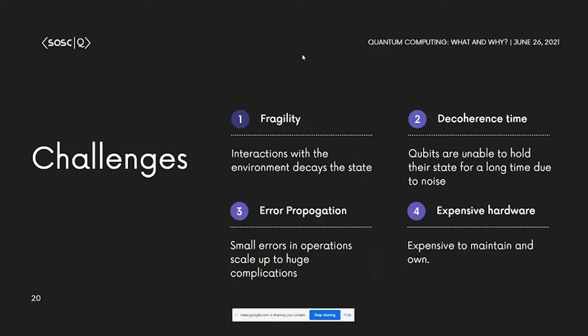So that's also one challenge. And expensive hardware. You cannot really go out and buy a quantum computer. You need a big dilution refrigerator, a very big space. So it's kind of like the 1960s when we had room-sized mainframe computers. We are kind of at that stage right now, right? So we have challenges right now.